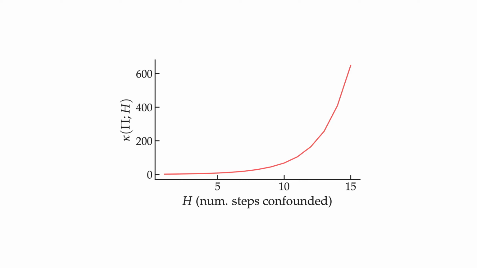We plot the weakness of the instrument kappa for a linear quadratic Gaussian problem, and we see it grow exponentially with the persistence of the confounder. This tells us that a confounder whose effect sticks around for a long time will be significantly harder to remove. Kappa is a feature of the problem rather than of a particular algorithm. In some sense, it captures how ill-posed the question we are asking is.